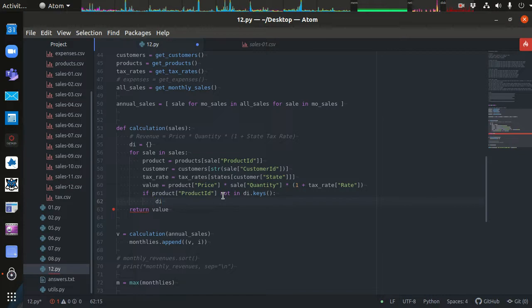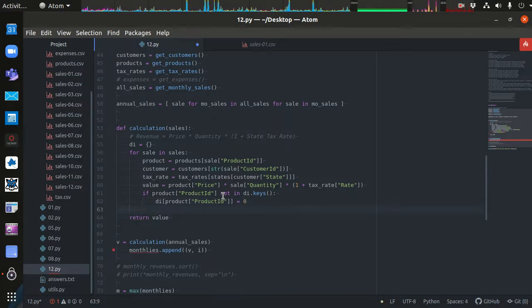So we have the dictionary, and it's the product ID, so that's the actual key. So the name, like widget or gadget or trinket or something like that, is the key, and then the value is going to be, we'll just say it's 0,